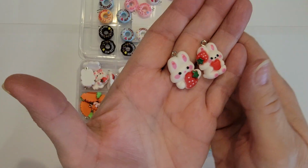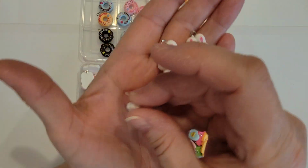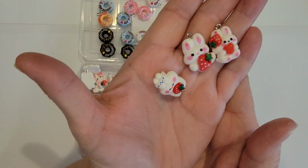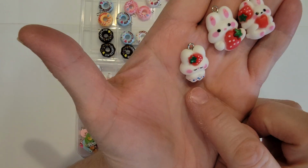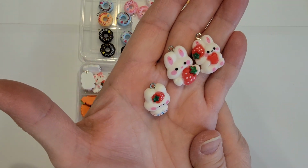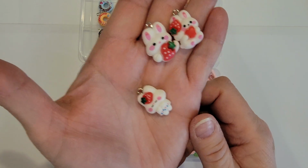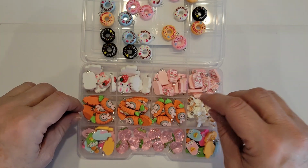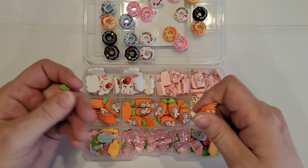And these bunnies, you get a variety in a package. Let me see if I can pick out a couple of different ones. But those are really sweet too. Oops, this one's upside down. So look at how cute those are. Very cute. So that's that. And then I got a package of these carrots, and you get a ton in a pack